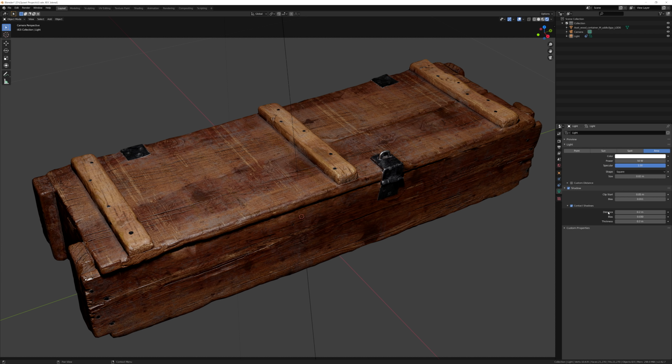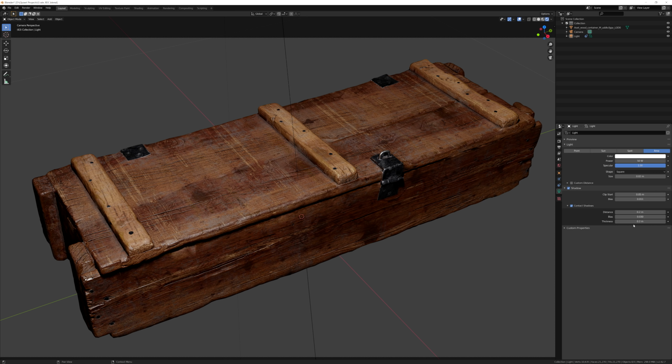Same thing for the contact shadows. We can adjust the distance of it, which based on this description is the distance at which to search for a screen space occluder, which basically are all these mesh overhangs, the hinge overhang here, and that distance is just the bounds of what that shadow is looking for. The bias, again, is the self-shadowing threshold, and for the thickness, you can basically look at this as the intensity or darkness of that shadow.